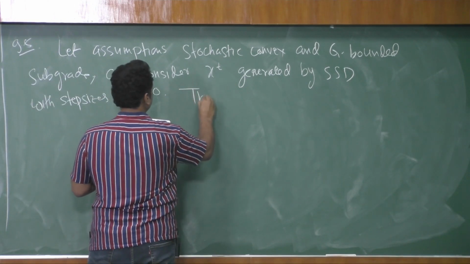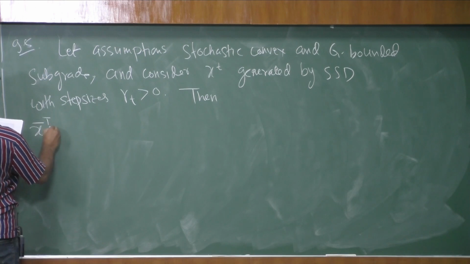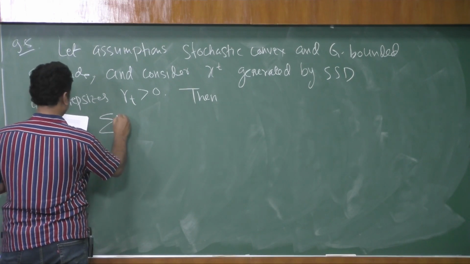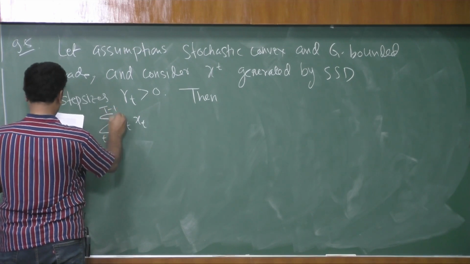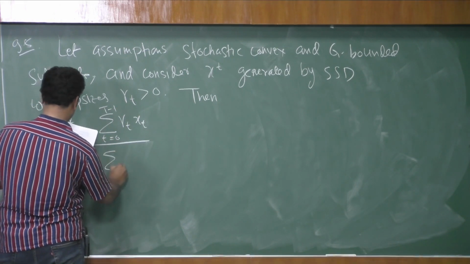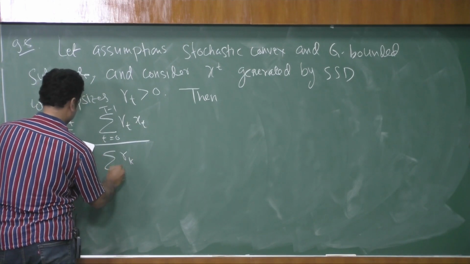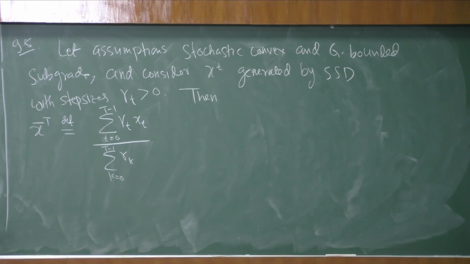Then, if we look at the average of the solutions that we get, which is defined as the sum of gamma t xt for t equals 0 to T minus 1, divided by the sum of gamma k for k equals 0 to T minus 1, let us put T. That's fine. So we have this average of the iterates that the SSD algorithm produces, and we will claim that